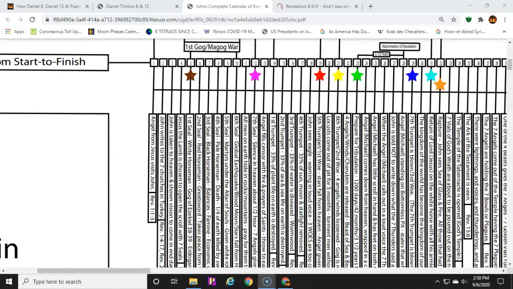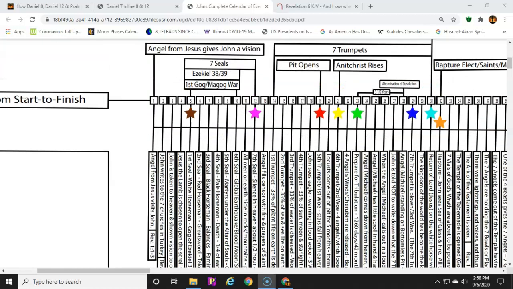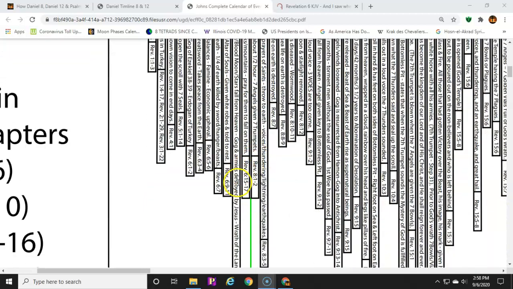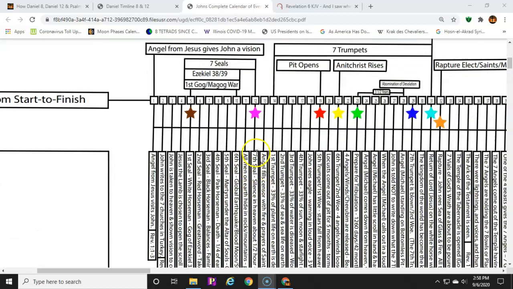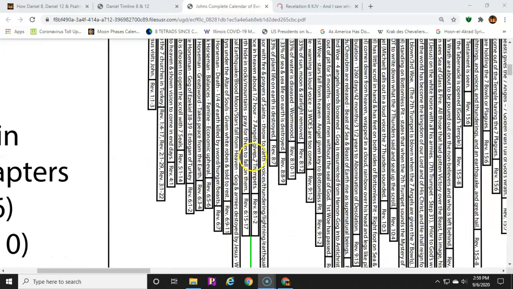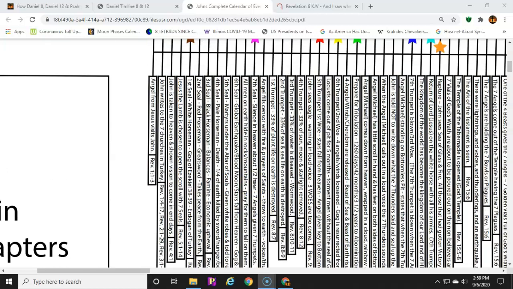I don't know to what extent the infrastructure will be affected, but it is why we are preparing our oil and our lamp so we can get through what's coming. Then we start to see from chapter 6 to chapter 8 that seventh seal break, and we see the half an hour of silence, and the seven trumpets are then handed out.